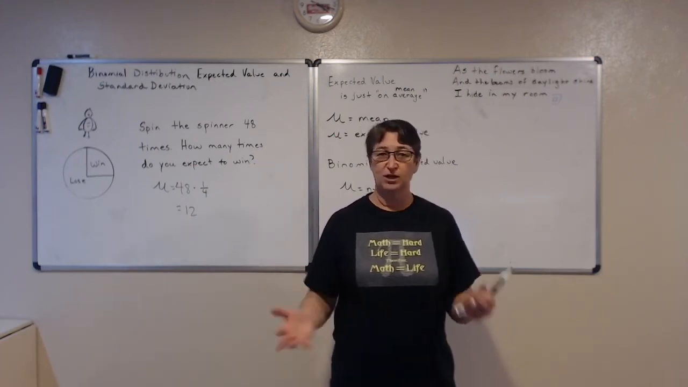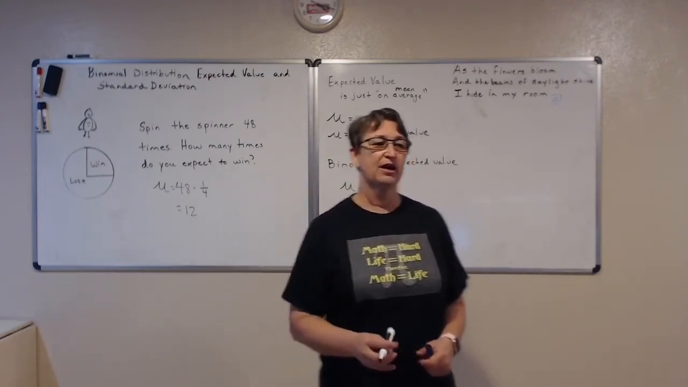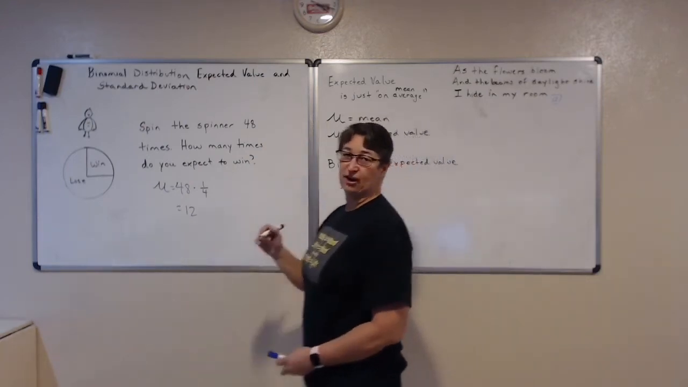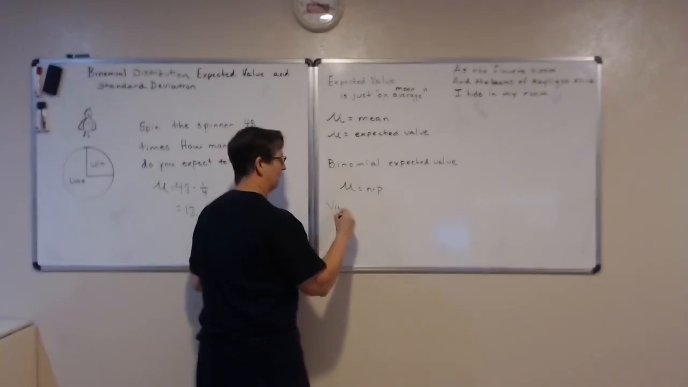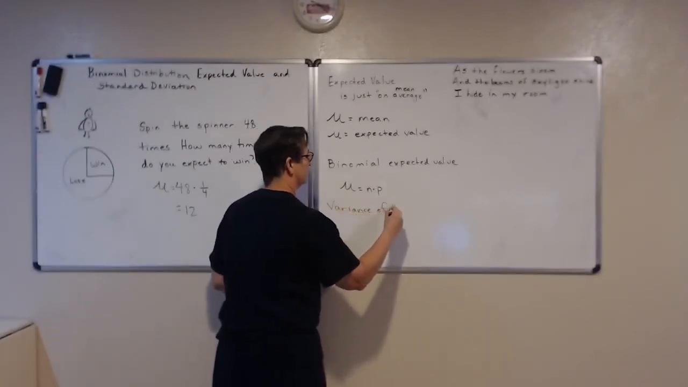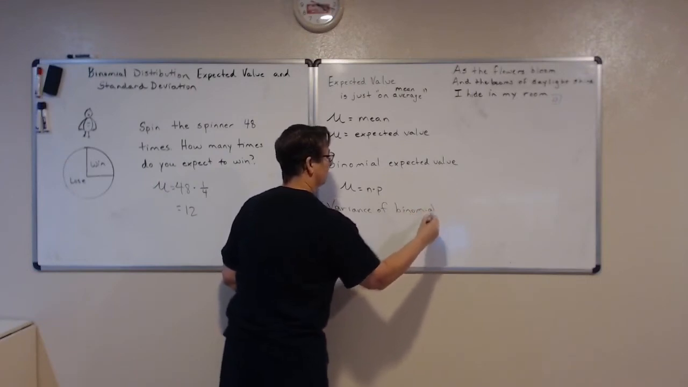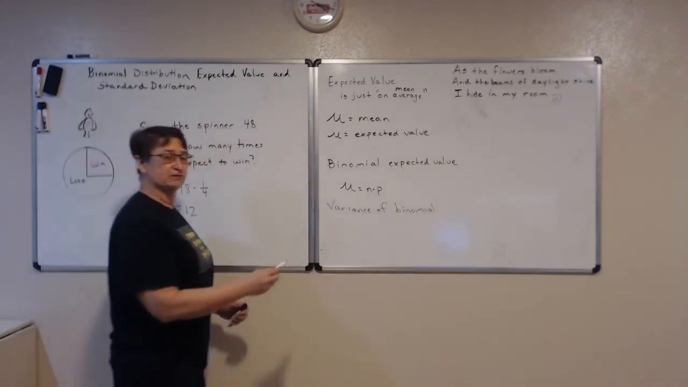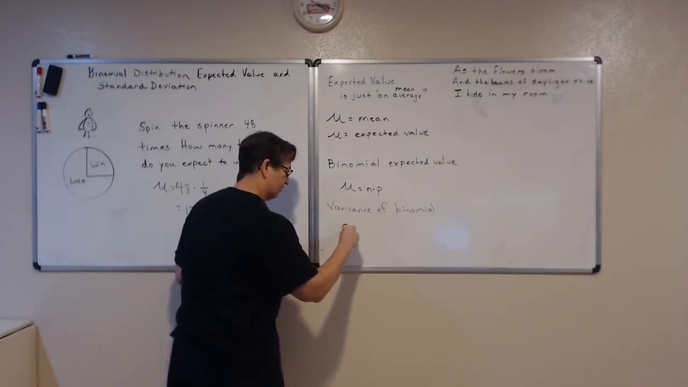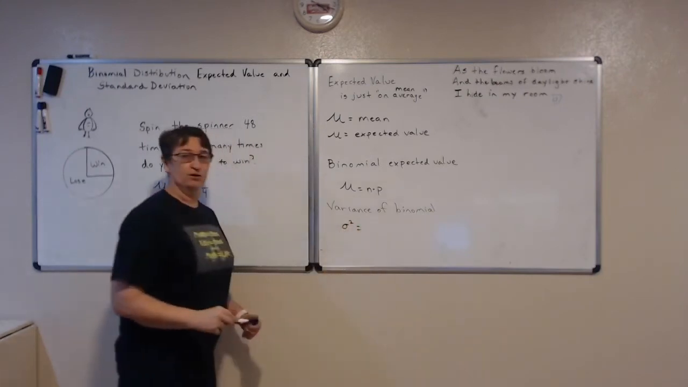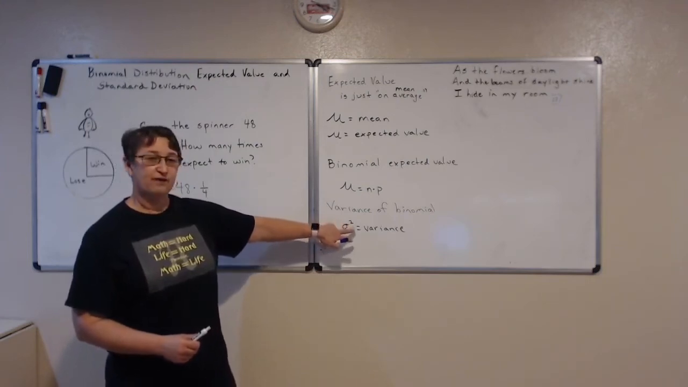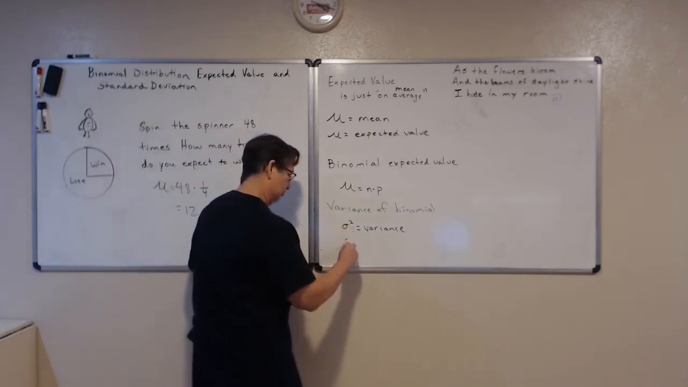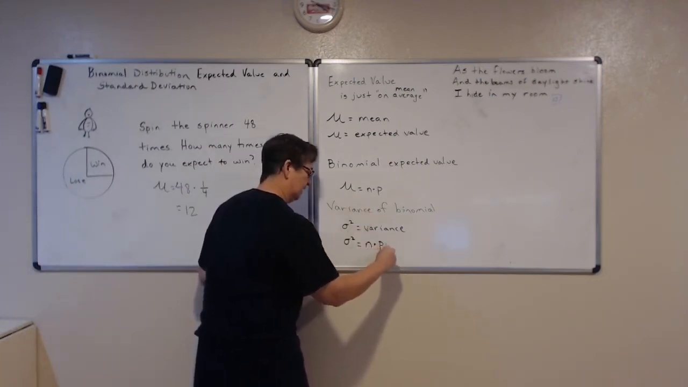So if I want to find out how much this game varies, does it vary a lot? How much variability is there? What is the variance? What we do to find the variance of a binomial, and remember the symbol for variance, all we do is the sigma squared. Remember, that's variance. So now for the variance, for binomial, it's just n times p times